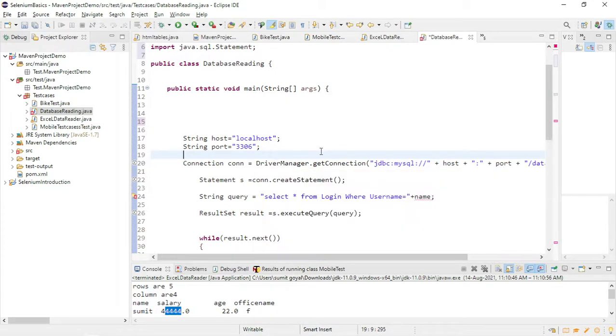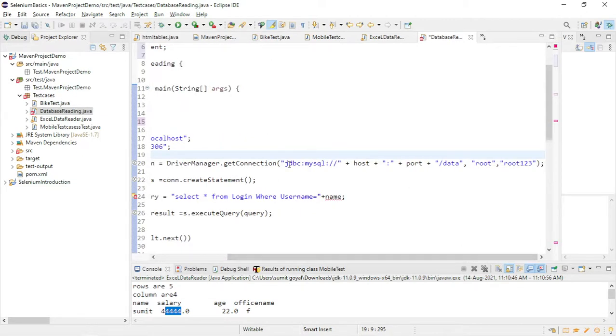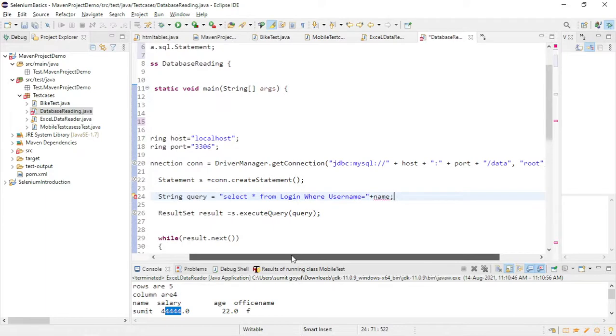This is a class and it has one method, getConnection. So this is called the connection string. Here, this is the host name. This variable name I am passing here. You can directly write it here, or you can pass the variable. So I am placing this here, and this port number I am placing here.